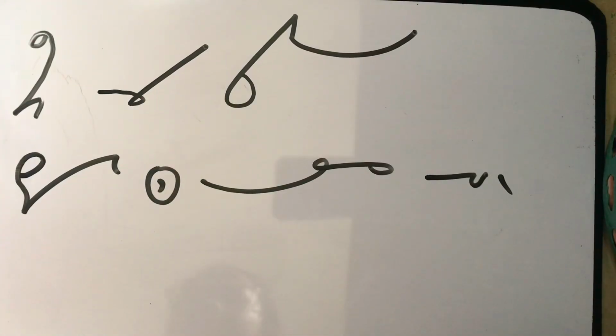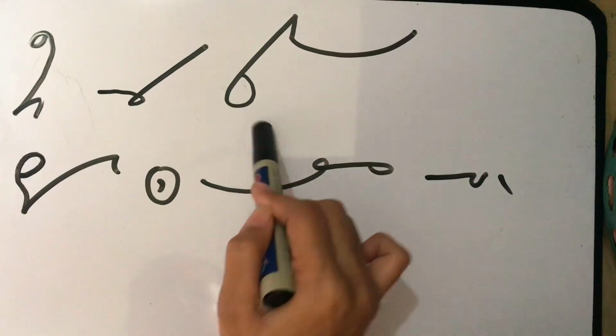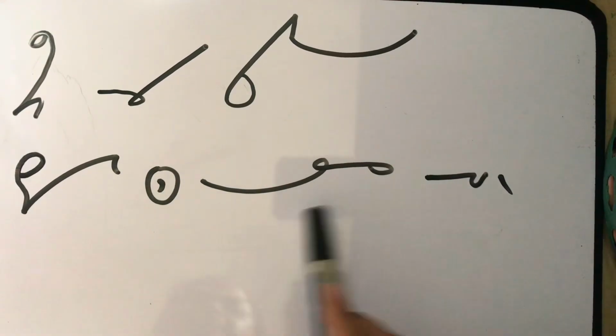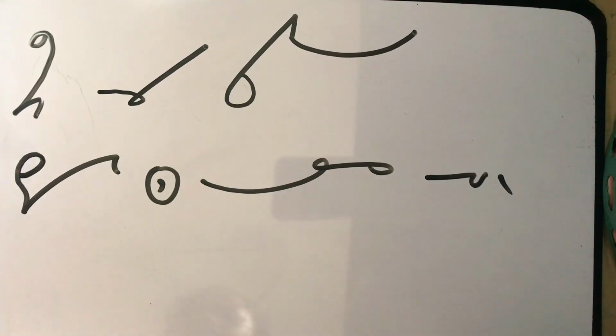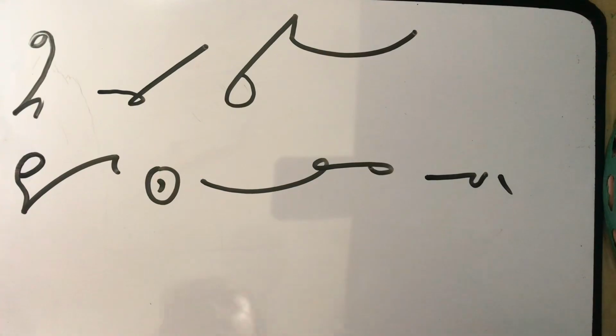So for the if clause comma example we have here, if you need additional assistance, let me know. So it's like he or she is informing you that if you need assistance, inform me or let me know. Next we have